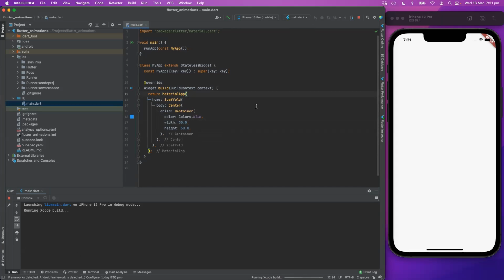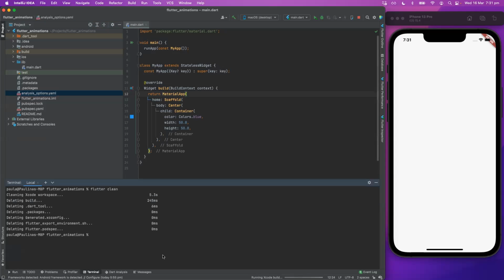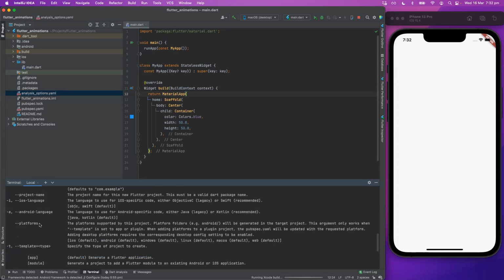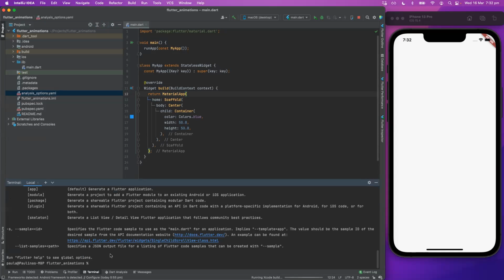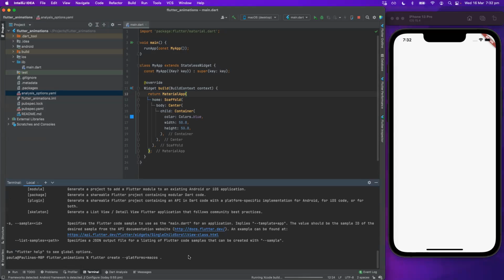Actually, I can try to run this on a desktop as well. Yeah, I think I should be able to do it. Platforms. Yeah, let's try. Maybe desktop will run smoother.